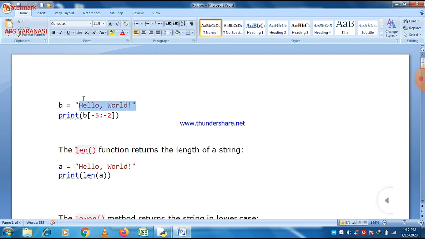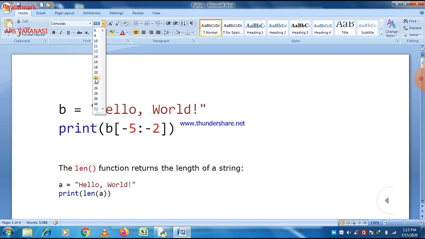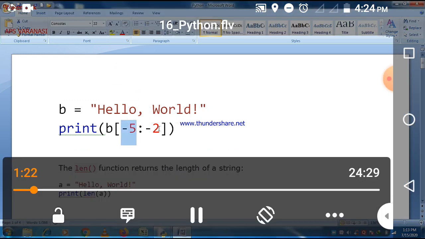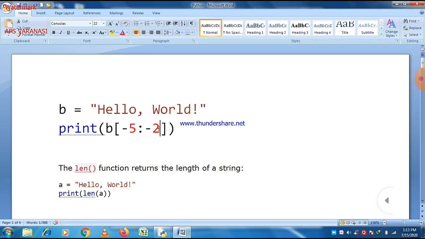But there may be certain problems when you make a copy and paste operation, because in Python programming there is great use of indentation, and if we make a mistake or put an extra space in Python programming, then this makes a mistake in our Python program. Here you can see that there is a string, hello world. A string was already discussed in our previous lecture, and there are some operations which will be discussed in this lecture.